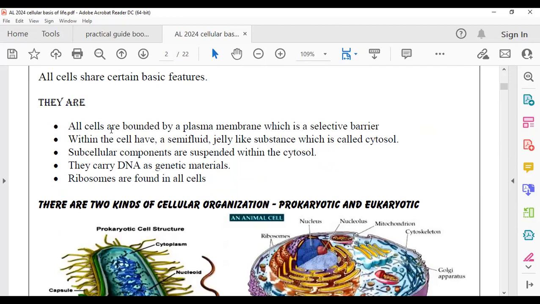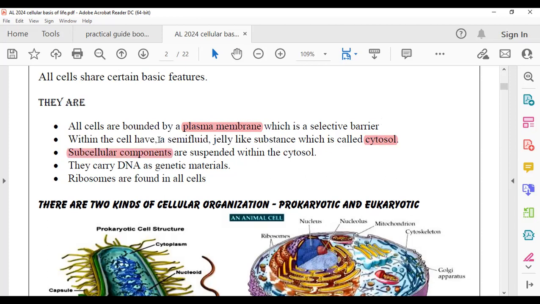How many components? 5 major components. One component's name is plasma membrane. Second component's name is cytosol. You can call it cytoplasm also. They are using the word cytosol. Third component's name is